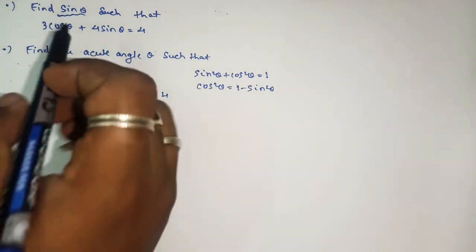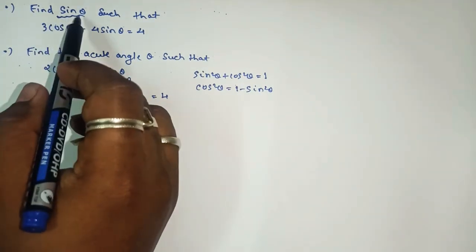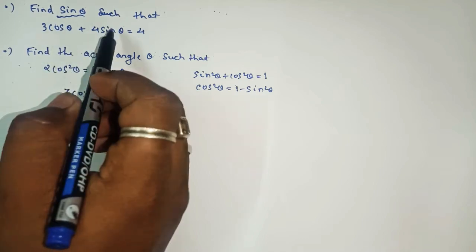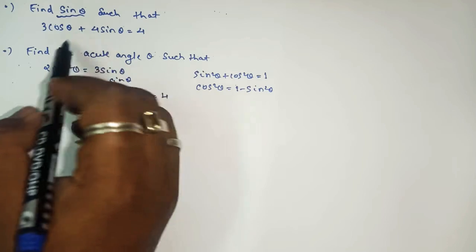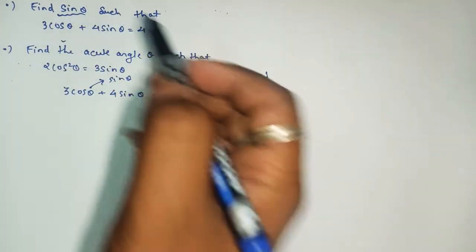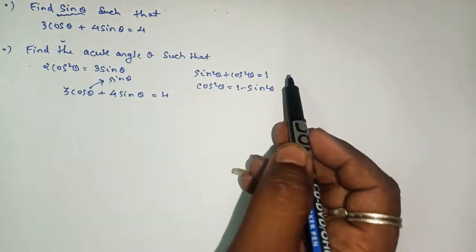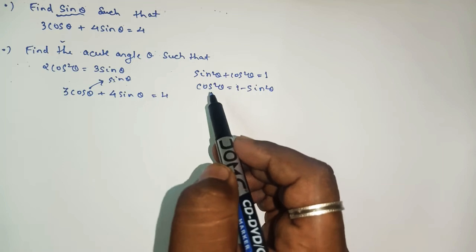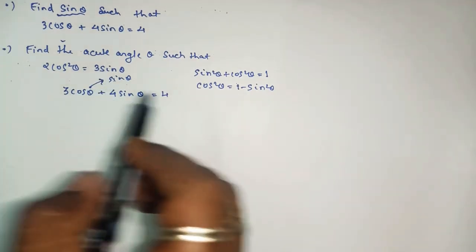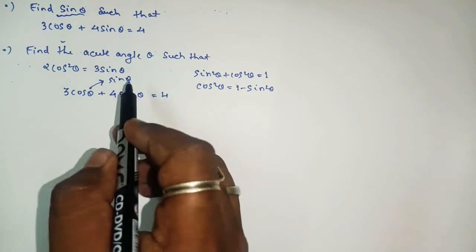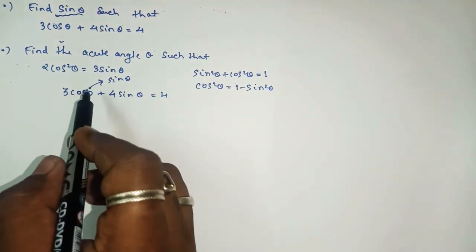So in simple language, if you want to find sine, see to it that whenever we have cos and sine, convert this cos into sine. So first check, is there any relation between sine and cos? Yes, there is one relation, that is sine square plus cos square equals 1, and we can write the value of cos square as 1 minus sine square. Yes or no? This we can do. So the first thing, what? To convert cos to sine, here we require square. Yes or no? Here we require square.